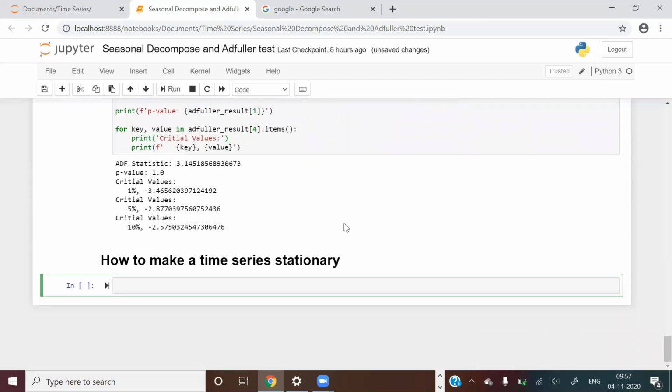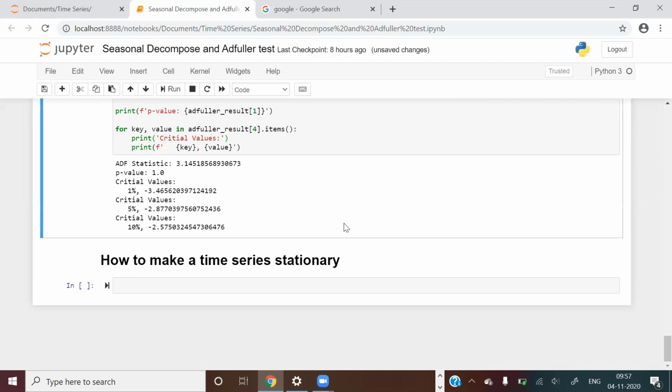I am going to give you examples of the different techniques through which you can make a time series stationary, okay? And all these things I have still not gone into model building, model training in time series. I have covered 4 or 5 videos. The reason for that is there are many basic concepts, guys, that you will need before actually going into model building, model training, right? And these are really important concepts. So I want you to be really good at these concepts, and then we can of course go to model training, different kinds of time series analysis models, how we can train them, right?